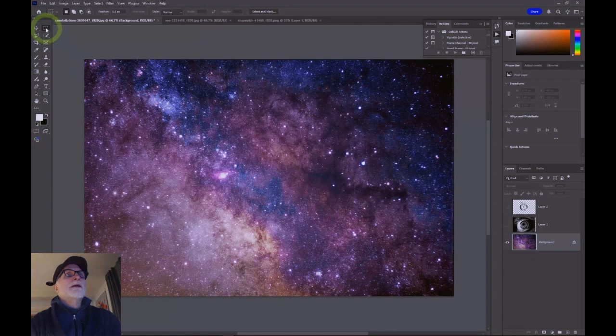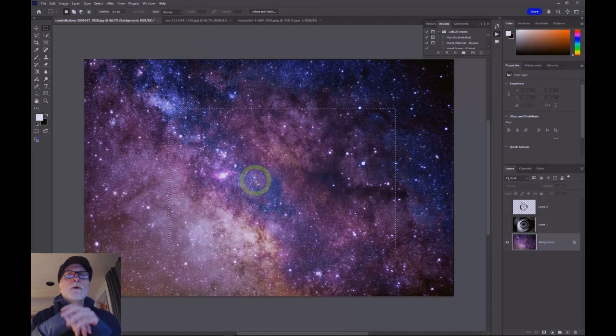I'm going to grab the marquee tool from the toolbar, which is the M key. The keyboard shortcut for the marquee tool is the M key on the keyboard. And we will click and drag a marquee in the center of our constellation image. Once we let go of the mouse button, Photoshop shows us a marching ants marquee around the area that we dragged over. And that's telling us that this part of the image that's bounded by the marquee is what we're